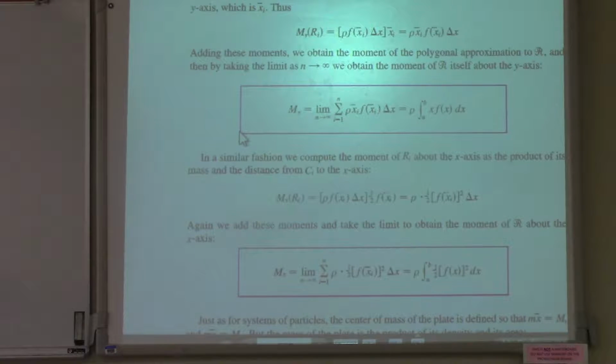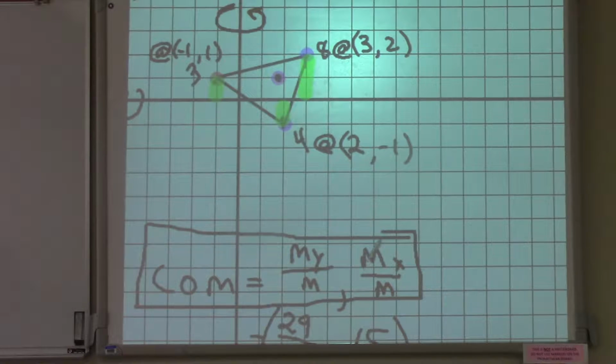What is the moment around the x-axis? It's the moment around the y over the m. What is the moment around the y-axis? It's the moment around the x over the m. If you remember this, and you have those two integrations written down, then all you've got to do is plug and chug. But if you don't remember that basic thing right there,